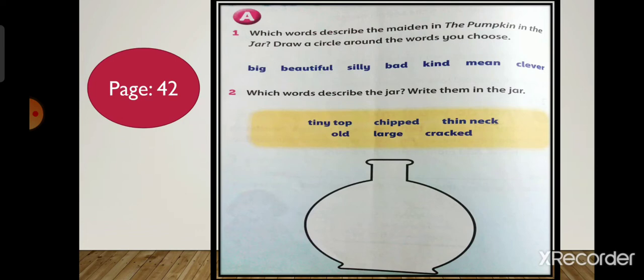Yes, describing words are adjectives. Describing words are called adjectives, and with the help of adjectives, we can describe the physical and inner quality of any person. Okay? Here are some adjectives: big,